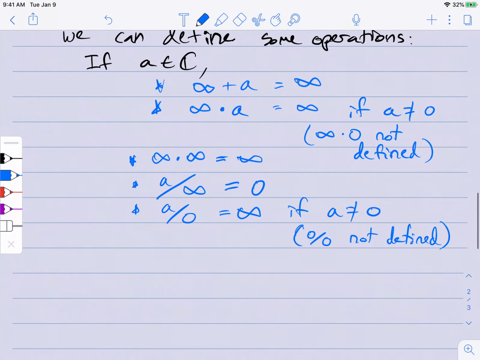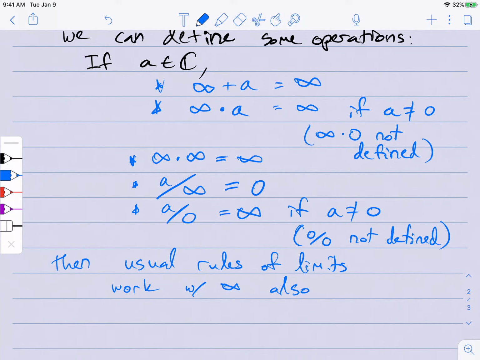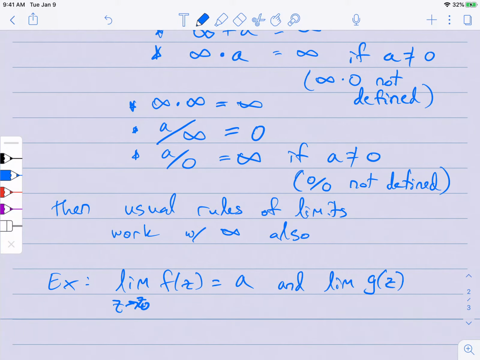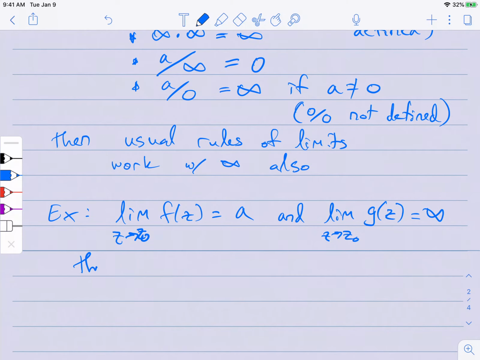Okay, and if I define arithmetic this way, then the usual rules of limits work with infinity also. So for example, let's say I have the limit as z goes to z naught of f of z is equal to some a, and the limit of some other function g of z as z goes to z naught is equal to infinity. Then the limit of the sum